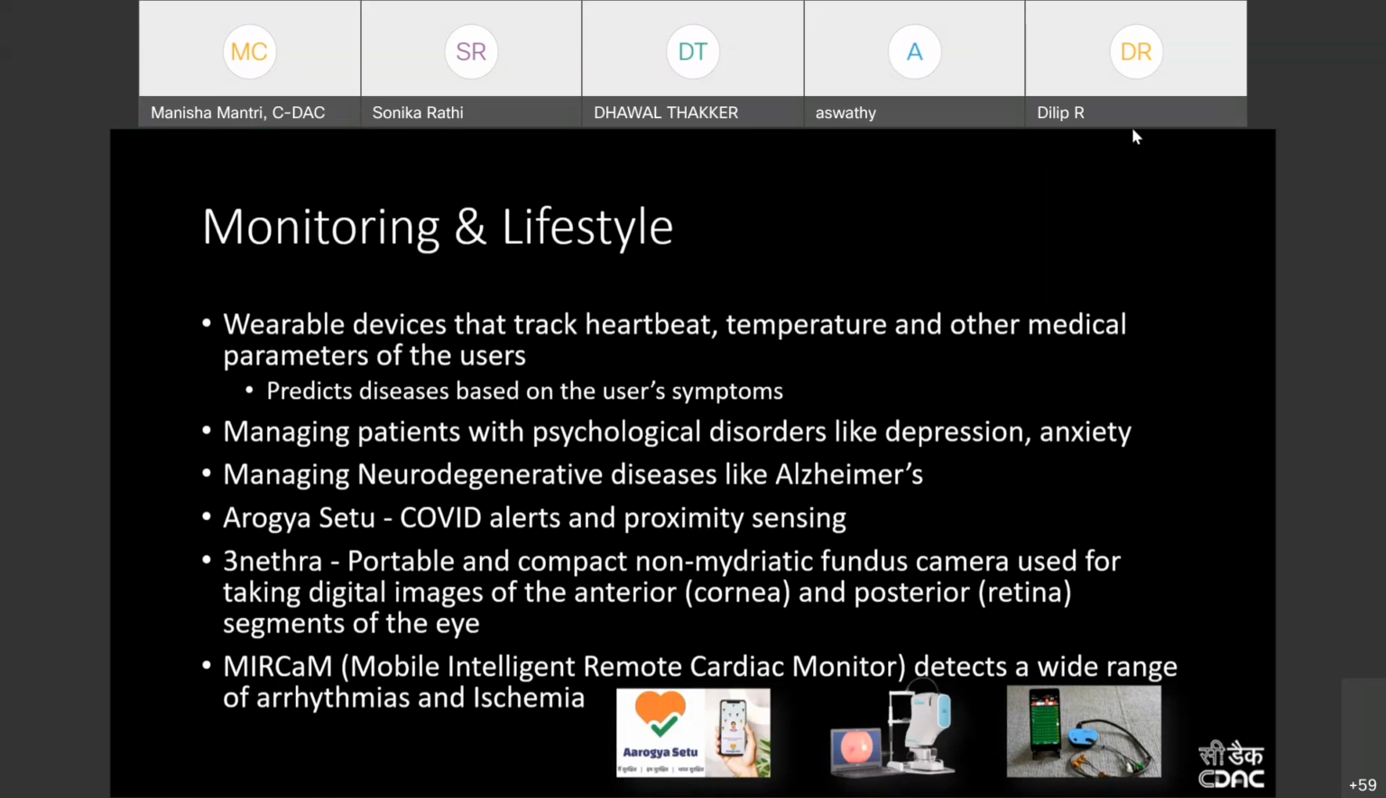So here, IoT and big data play a lot of role, and you can use a combination of them for solving a lot of problems, like managing patients with psychological disorders like depression, anxiety, giving them a care plan and good alerts, even managing patients with degenerative disorders like Alzheimer's, who tend to forget things, and then remind them or tell them what to do next, and so on. There are other applications like Trinitra and Mircam, which are indigenously developed in India and used at